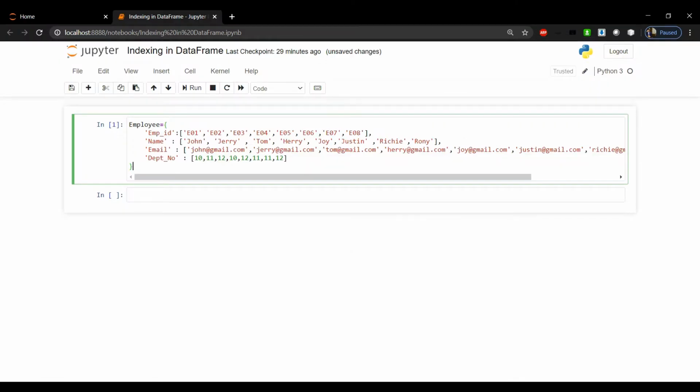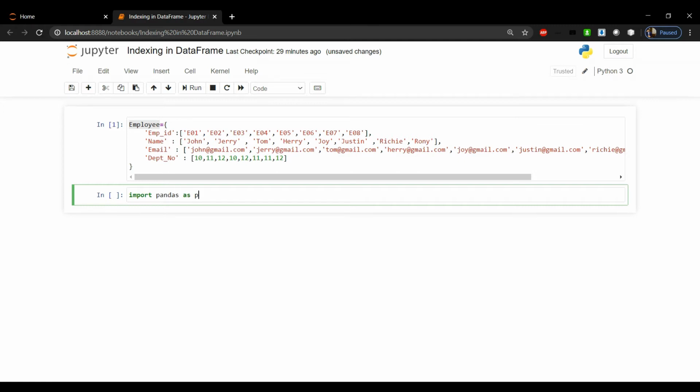So let's start with a simple data set. Here I have created a dictionary, employee, containing the employee ID, name, email and department number of 8 employees. Let's first cast this dictionary into a data frame. Let's import pandas as pd, create a variable df, and use pd.DataFrame to cast the dictionary.